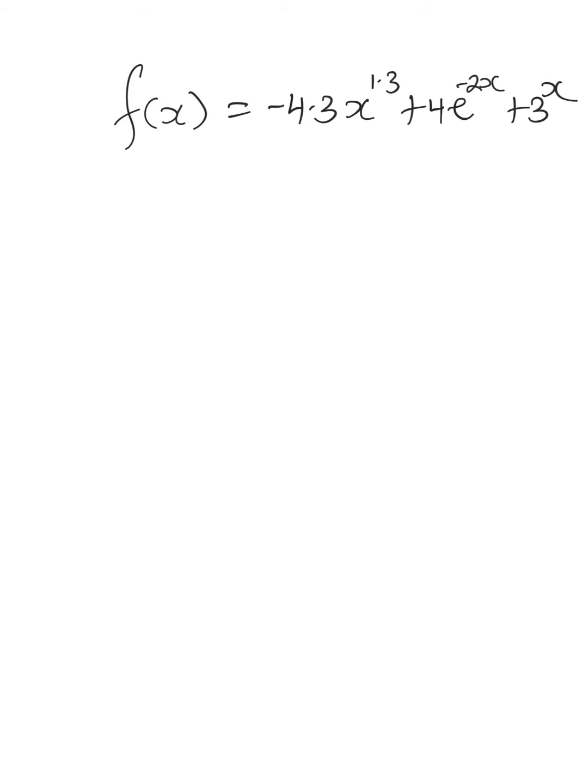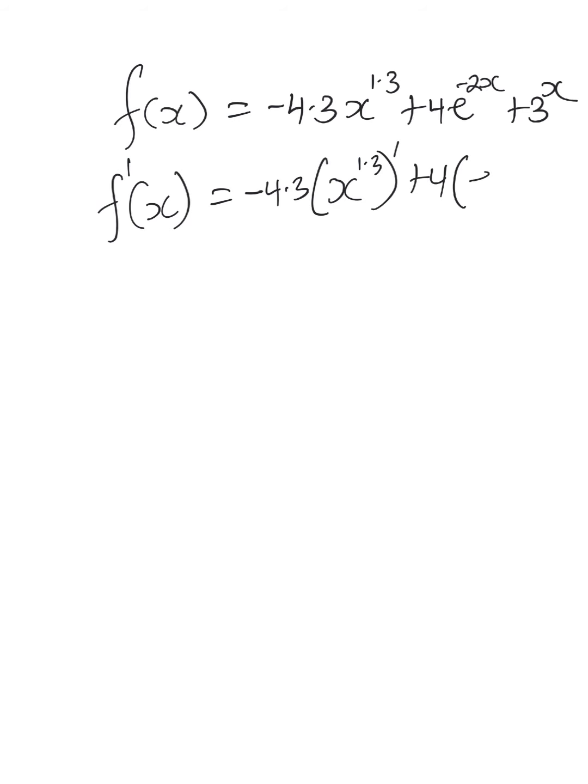Let this be our last question in the discussion we're having in this video. It is a product of a power of x and exponential functions. There are two exponential functions. One is e to the minus 2x and one is 3 to the x. So what's the derivative of this function? Then it's going to be minus 4.3 times the derivative, 1.3 plus 4 times the derivative of minus 2x, then plus the derivative of 3 to the x. This is a minus 4.3. If I differentiate